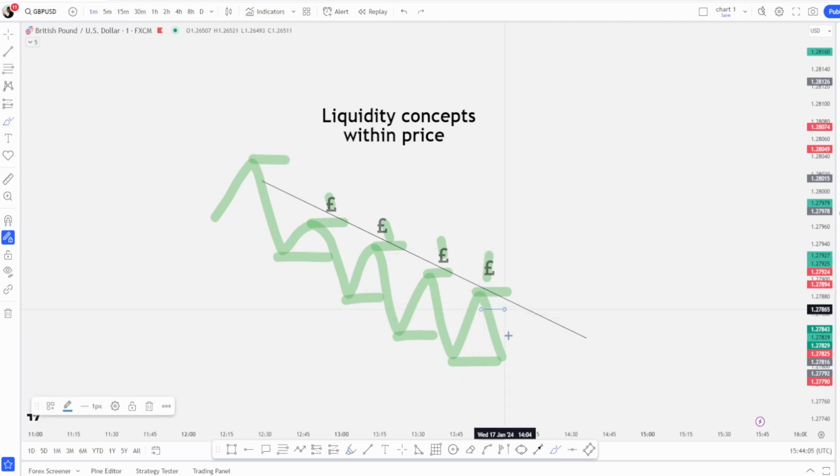So for example, we have fair value gaps in here, we have unmitigated order blocks within here, space being left each time the investments are coming in. This is going to confirm to you that a given move, in this case downwards movement, is being supplied by institutes, being engineered within the market. Okay, we are going to follow these highs back to the point where they no longer exist. Generally, you are going to find a relatively large, not always, but relatively large fair value gap. This fair value gap is going to tell you this is the initial point that the institute introduced liquidity to